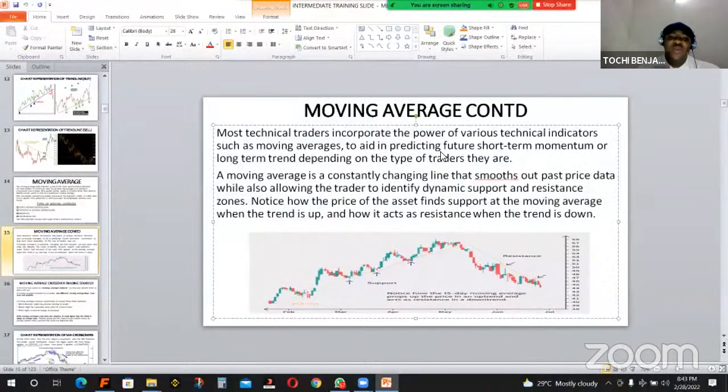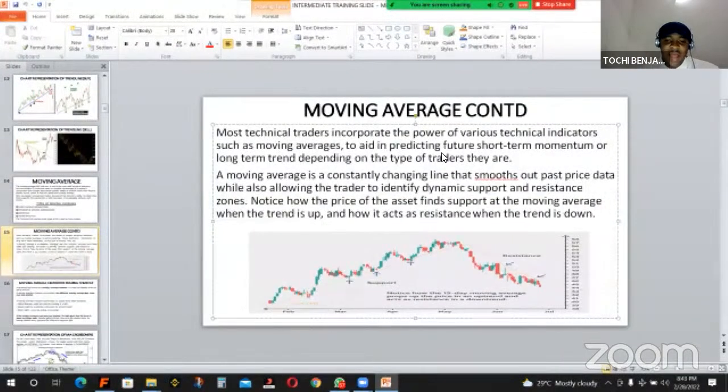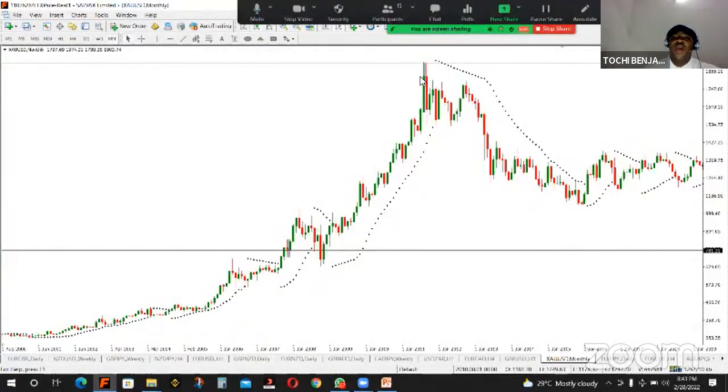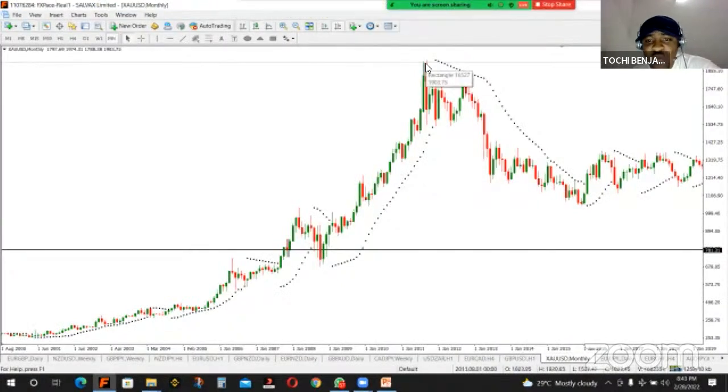And where would you sell? Where would you buy? That is what we have come to tell you today. So take it down that the moving average serves as dynamic support and resistance. Now, for us to dive into this moving average, I want to tell you something. If you're asked, how does the price calculate this moving average? That is the question you will ask. Because when we talk about moving average, you are not expected to do any calculation in Forex.